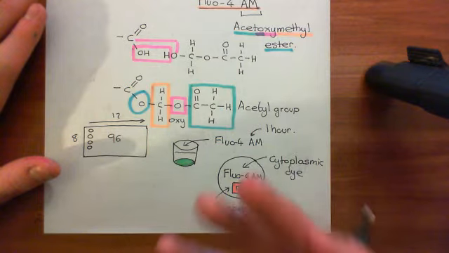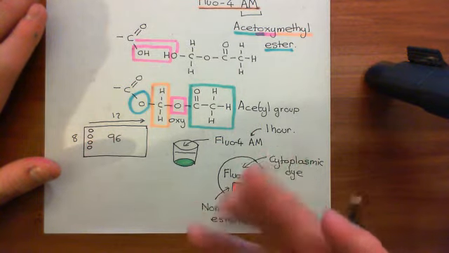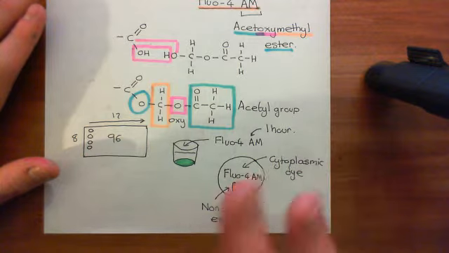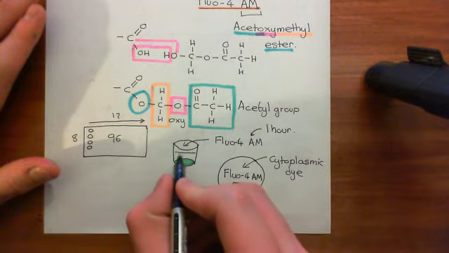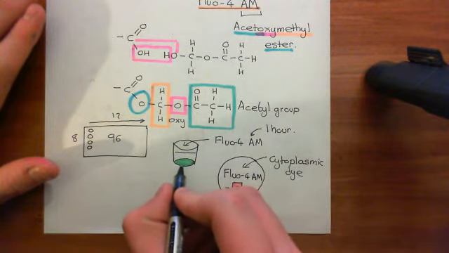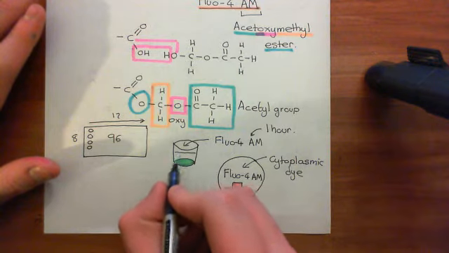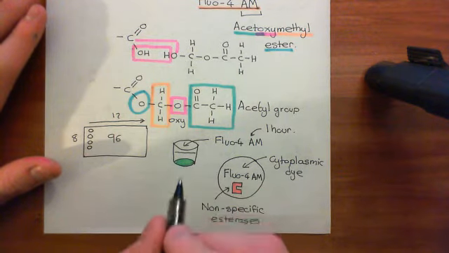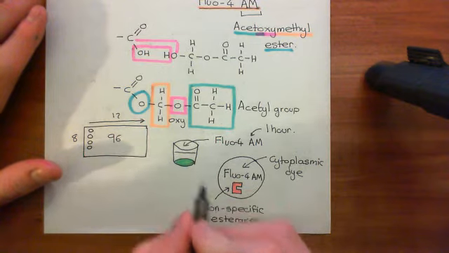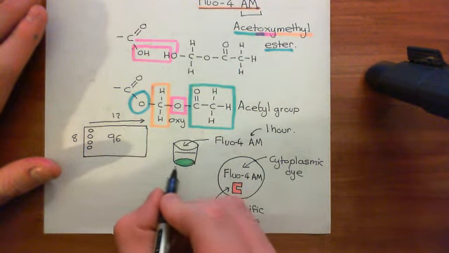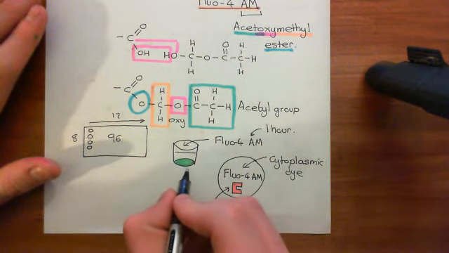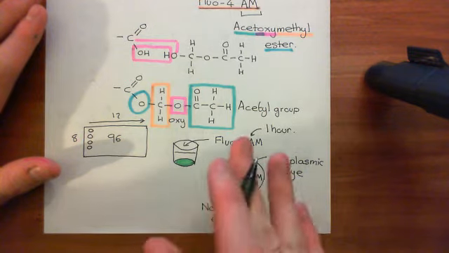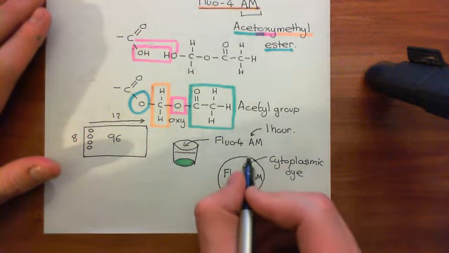You're going to load these cells full of Fluo-4 AM. Well, not bursting full, obviously, but some will go in and get trapped, and gradually you'll get more and more going in. So you're going to load a lot of Fluo-4 into the cytoplasm of your cells that are on the base of your well. Then what you'll do is remove the Fluo-4